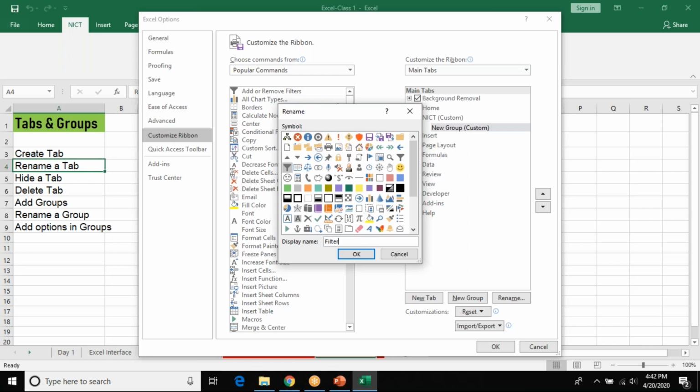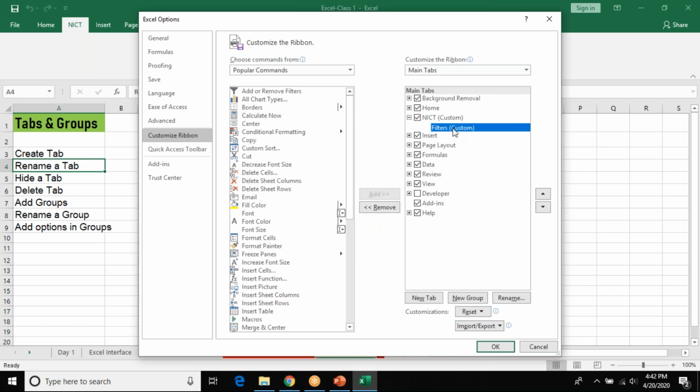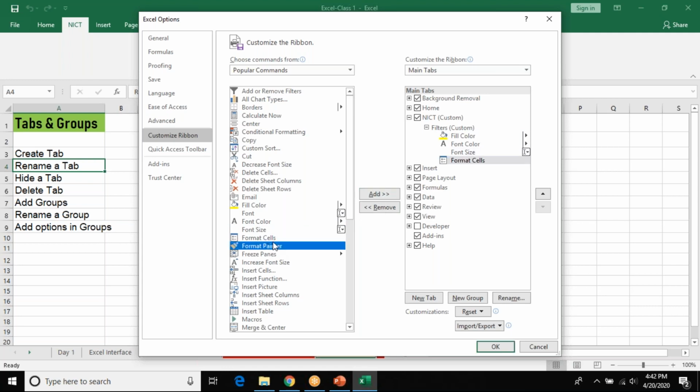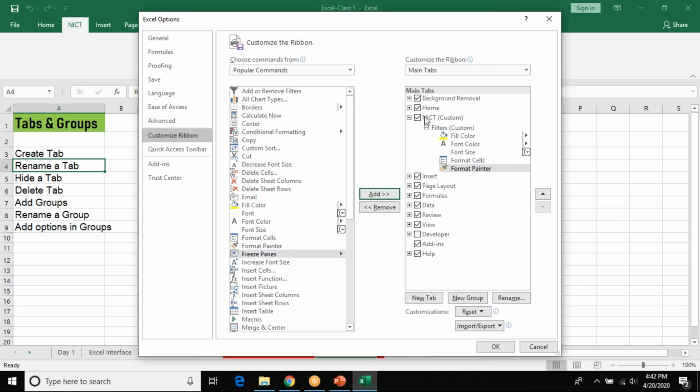It's my own filters, and click on OK. Now, under Filters, what all can I put? Say Fill Color. I can click on the left side and click Add. Font Color, add. Font Size, add. Format Cells, add. Format Painter, add. So under NICT, the first group is called Filters.